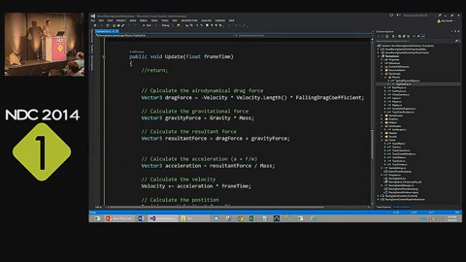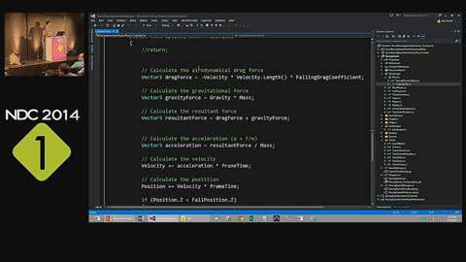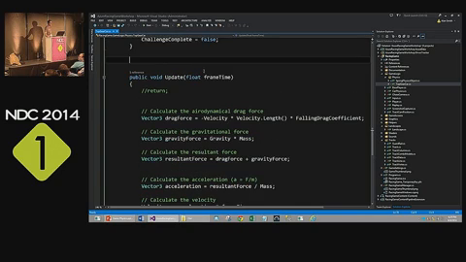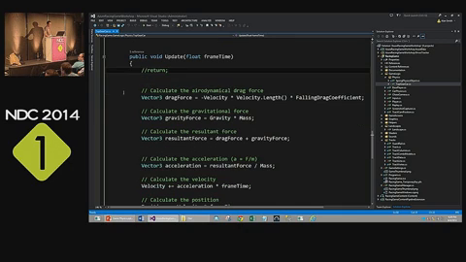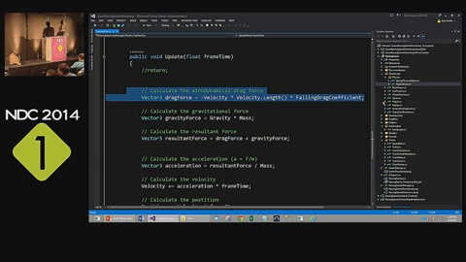And then we've got the actual Euler physics method here, the update method. And again, this is kind of, you know, what I was talking about on the slides, where we're going to be getting the frame time. And the frame time is going to be in fractions of a second. So the first thing that we do is we calculate the aerodynamic drag force on the car. And remember, that's equal to the velocity squared multiplied by the drag coefficient. Now,